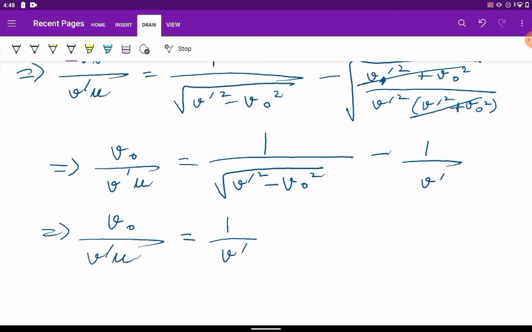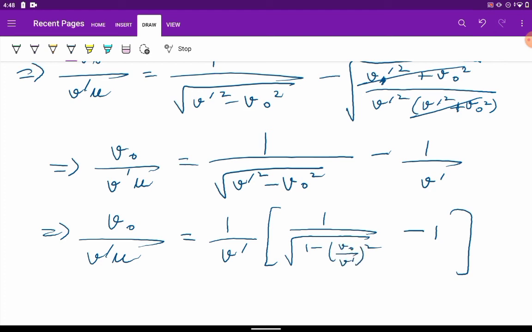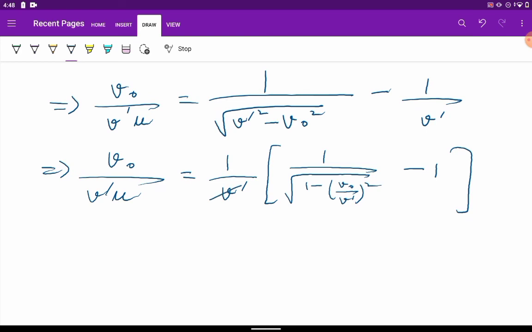So this becomes minus 1 by v dash, and this becomes 1 by root over 1 minus v naught by v dash whole square. Okay, v dash gets cancelled, which means u is equal to v naught